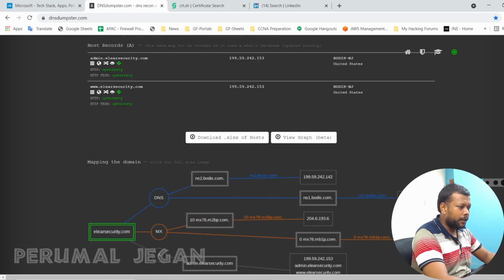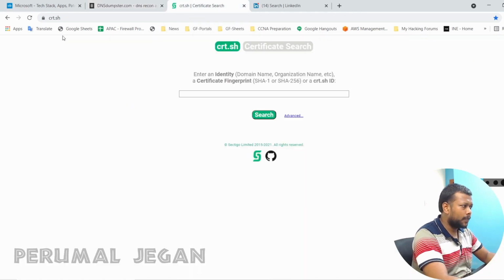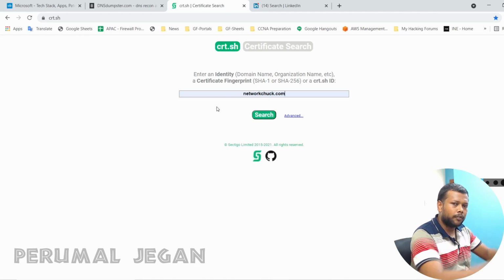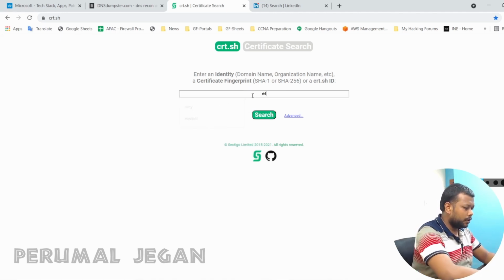Here we found very few results, only 2 subdomains enumerated, and we have some other tools to enumerate the subdomains. Okay, before checking all those tools, let me show you another exciting website, crt.sh. Actually, this website is going to help gather the certificate details of a particular website. Let me search for eLearnSecurity again,